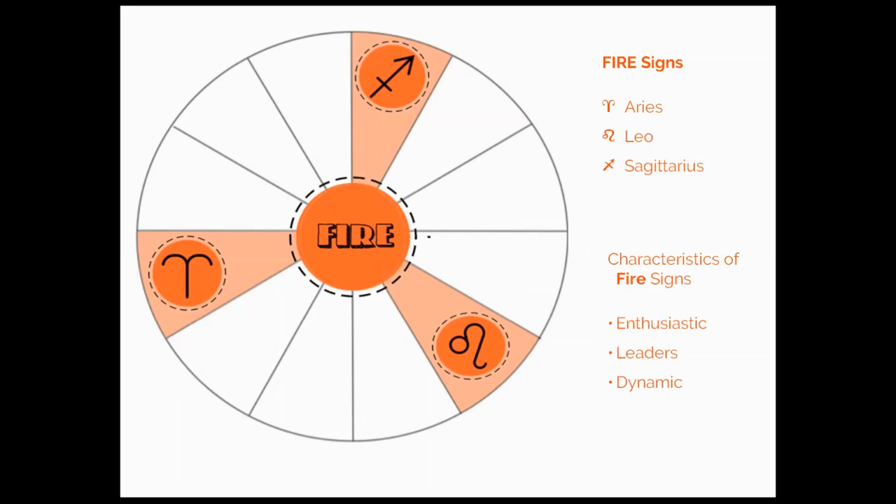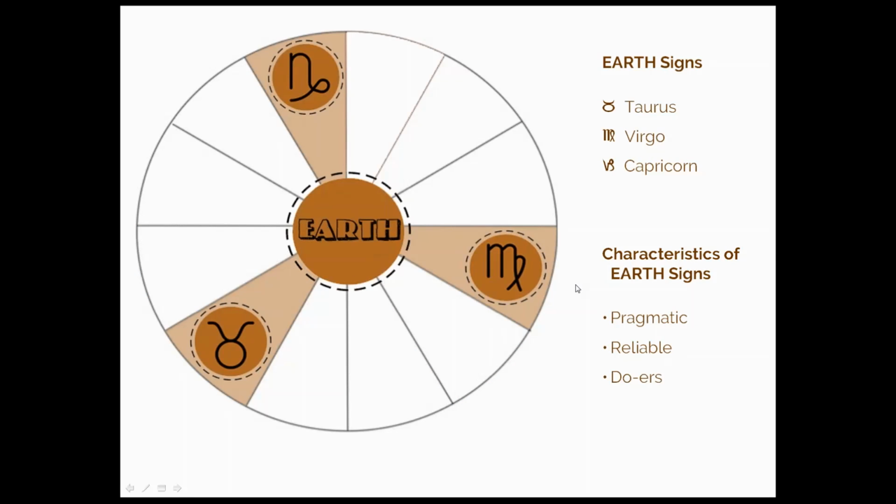People who are born with a lot of planets in the fire signs, Aries, Leo, and Sagittarius, have the fire sign qualities of enthusiasm. They're leaders, and they're very dynamic individuals. People born with a lot of planets in earth signs, Taurus, Virgo, and Capricorn, tend to be pragmatists. They're very reliable, and they like to do things. At the end of the day, they like to survey their desk or wherever they've been working and say, yes,